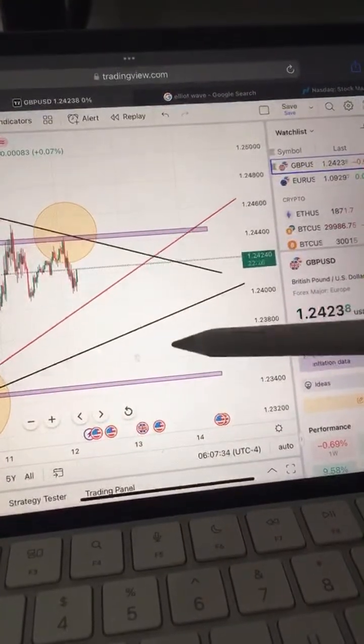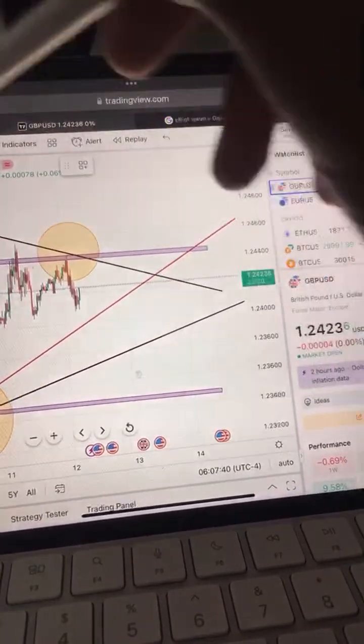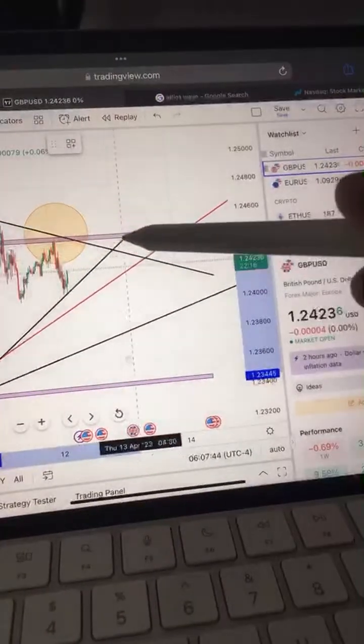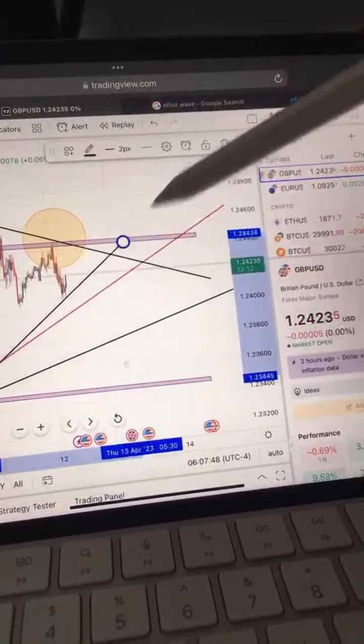So this is what I have, and here I'll have to check if there is a confirmation, so that I'll be able to take my entry. So on M30,